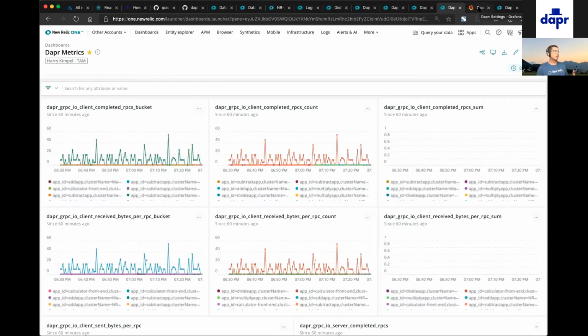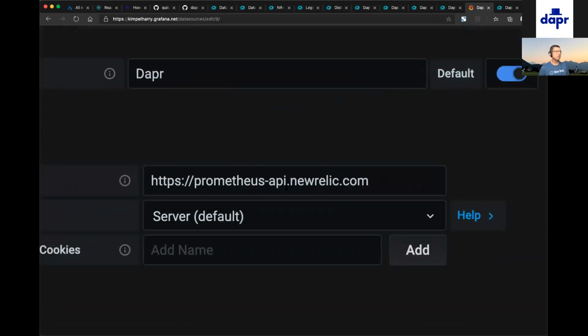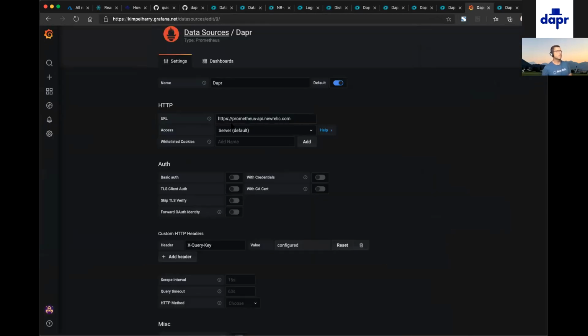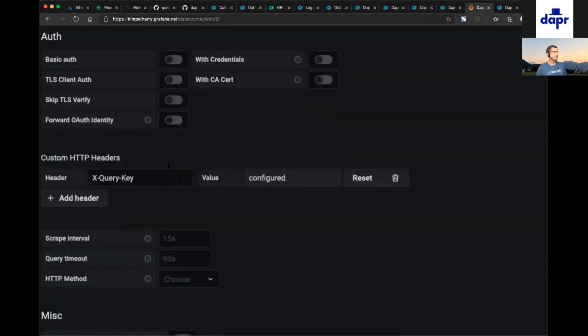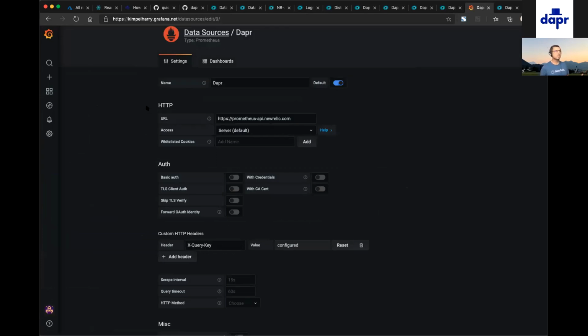But of course, this is not the only place where you can create dashboards. There's also the possibility to use Grafana if you want, right? The nice thing about our platform is that we also provide a Prometheus endpoint. So you could directly use this endpoint to query and gather all the metrics that are stored in our telemetry data platform. I can just simply create this Prometheus data store. I'll give it, again, an API key. And then, without any changes, I could easily